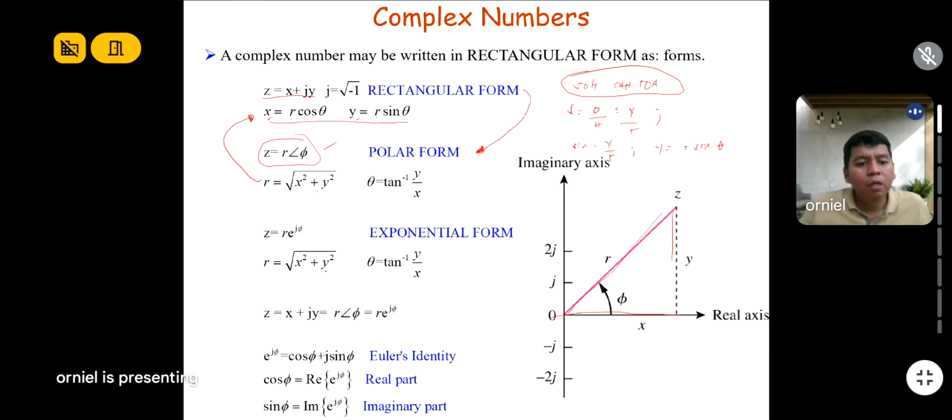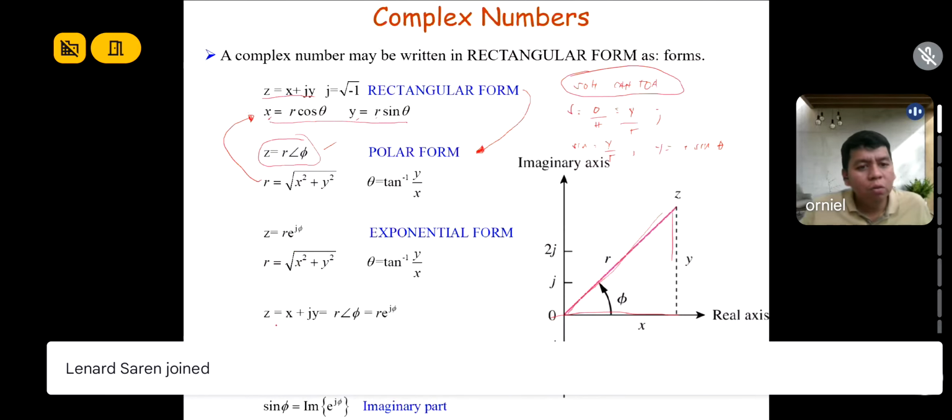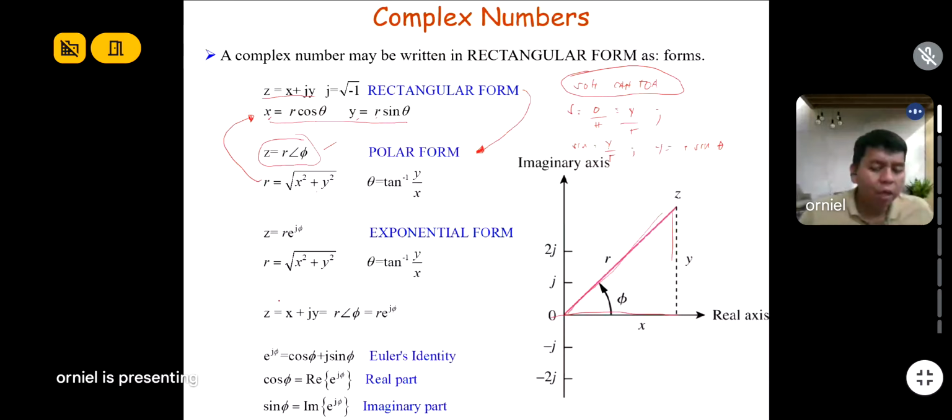For the exponential form, normally, this is the impedance, r exponent j theta. Converting it into polar form, or into rectangular form, is always the same. So again, do not just memorize; it all comes from SOHCAHTOA. If you are not comfortable with SOHCAHTOA, then memorize it. My suggestion is it is better not to memorize, since you may forget. Now let's try to execute this one.